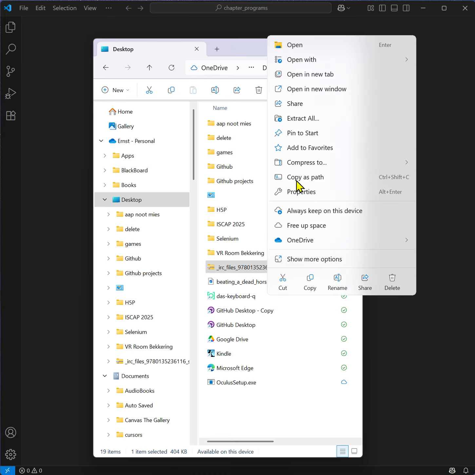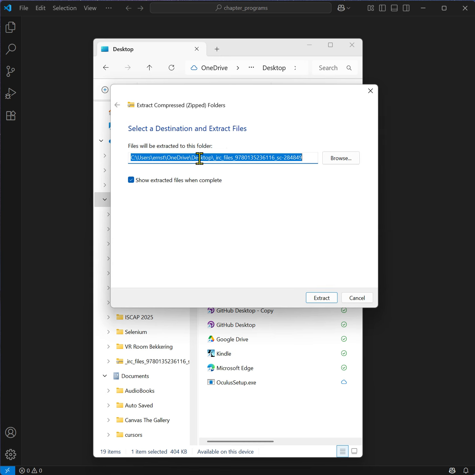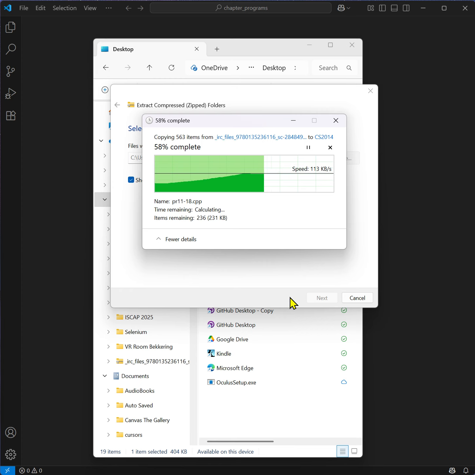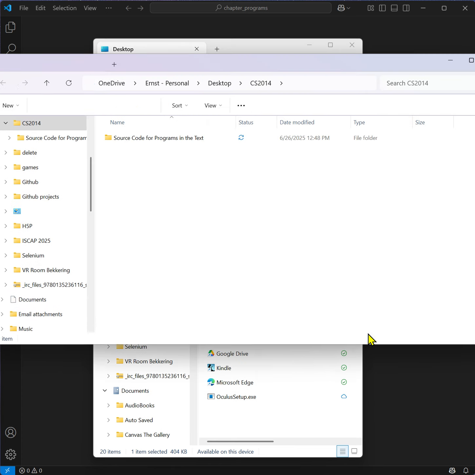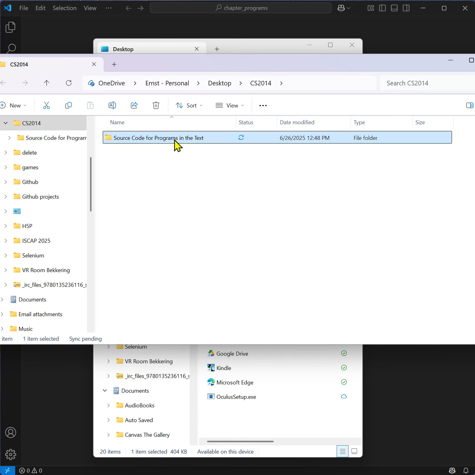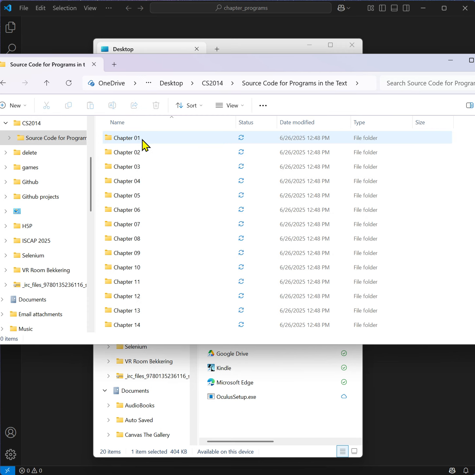Now I'm going to extract them. So you see that now I go to my desktop, and then I think I'm just going to rename this to CS 2014. And you see now that on my desktop, CS 2014, I have over here all the chapter files with the